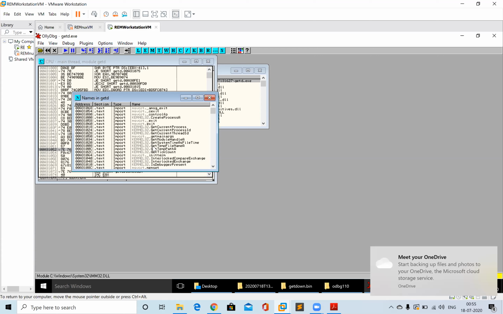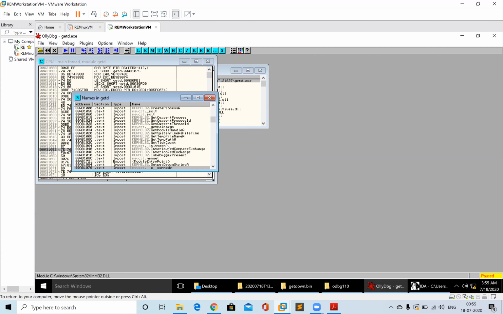Because for that particular ransomware, I think I was able to find the function for encryption and decryption. From the API calls and studying the disassembly, I was able to figure out that this is the encryption function. But I wanted to debug that particular function command by command, step by step, and I was not able to do it because I was not able to find that function in OllyDbg.